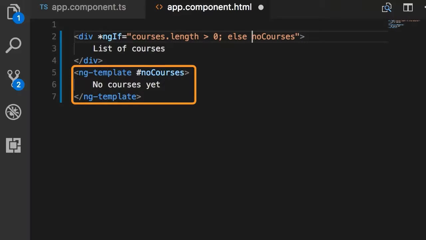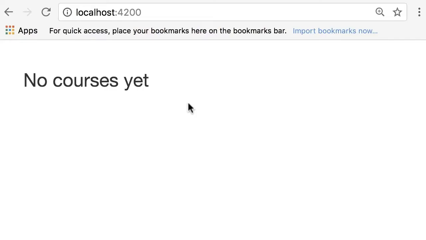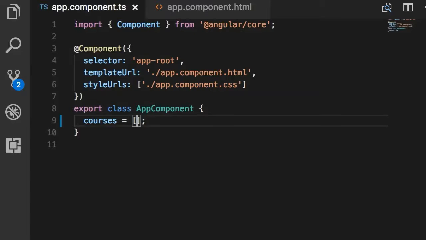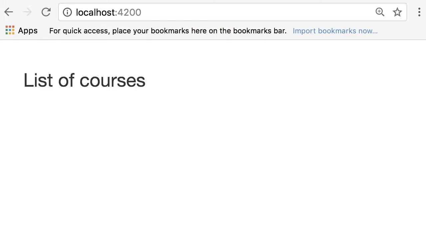Otherwise, the other block. Let's try it. Back in the browser. So currently we don't have any courses, and that's why we see this message. If I go back in app component and add a couple of items here, now we see the list of